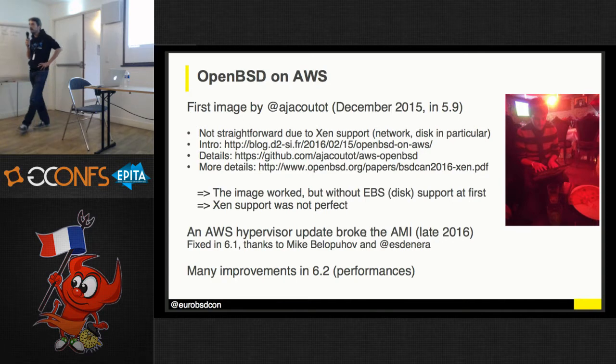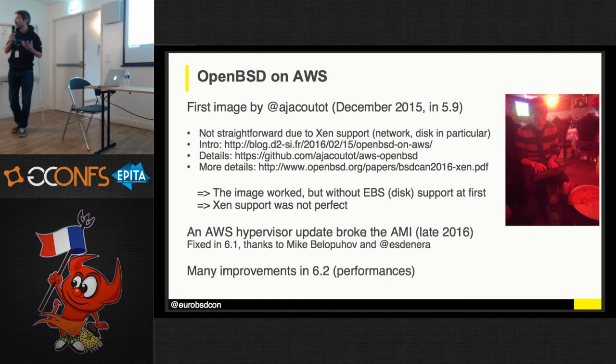and it wasn't. Most Linux distributions were already available on AWS, and FreeBSD was also available, but OpenBSD was not there. So he took up the challenge to create an image for OpenBSD on AWS, and it proved to be quite a challenge. He made an image quite fast at the beginning, but then discovered that due to lack of Xen support, many things were not working. The instance was booting, but there was no network support at the beginning.